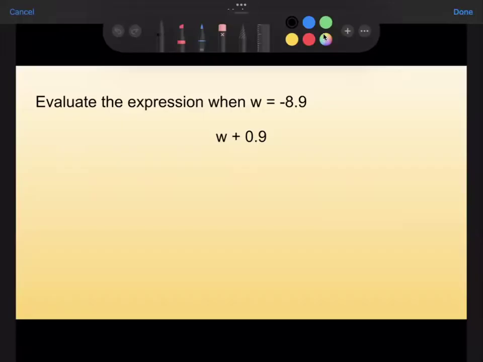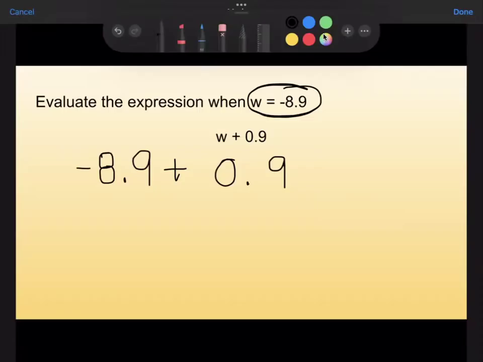Okay, here is our next one. Our expression says w plus 0.9, and they want us to evaluate it when w is equal to negative 8.9. I'm going to rewrite the expression: w plus 0.9. Then I'm going to replace the w and substitute in the value of w that they gave us, which is negative